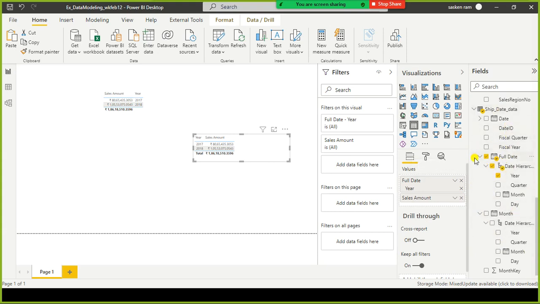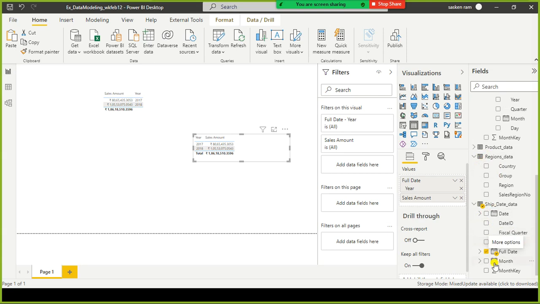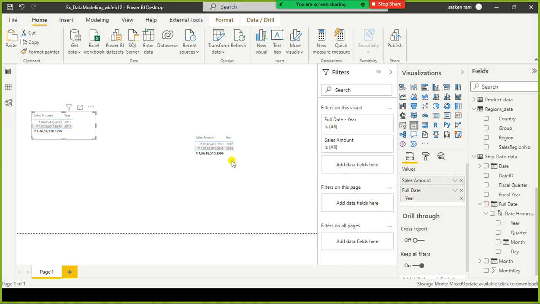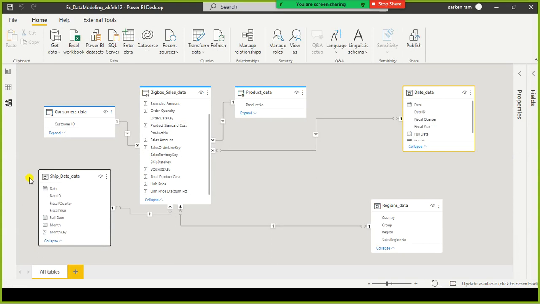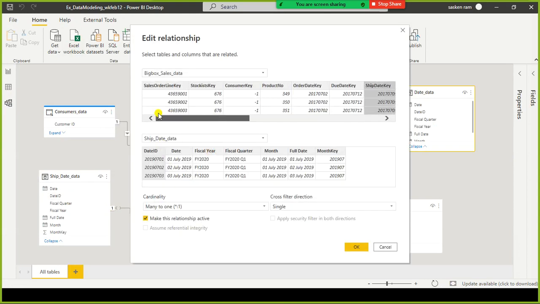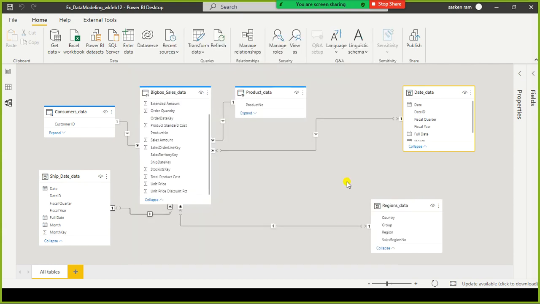And the ship date key I'm going to use, ship date key and ship date date ID, and that one is correct only, right? It is correct. And here